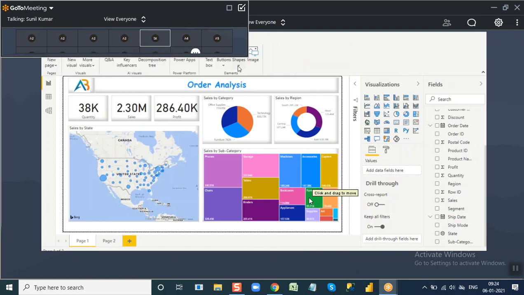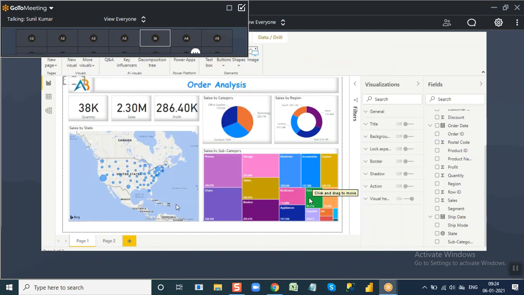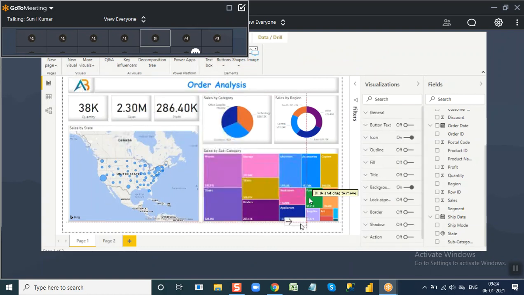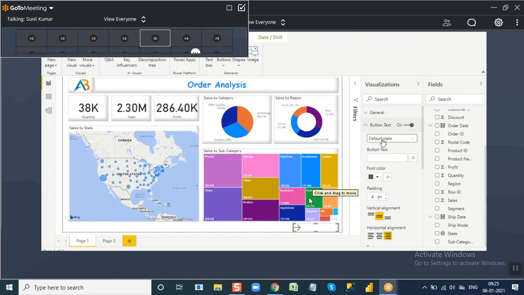Again, go to Insert. You'll find Buttons here. I want to add a right arrow button. Click on the right arrow button. You can resize it and keep it wherever you want. I can keep it somewhere here. I can write the button text. For the button also, you will find button formatting options, like General, where to place the button text. If you want to write the button text on this, write it as Next Page,